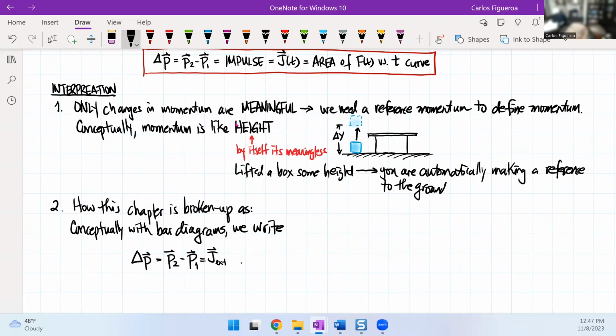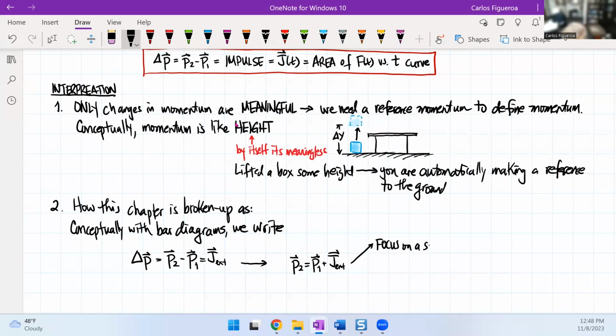Now, if we mathematically solve for momentum 2, then we get P1 plus J external, looks like this. So the way the chapter is broken up is that we focus